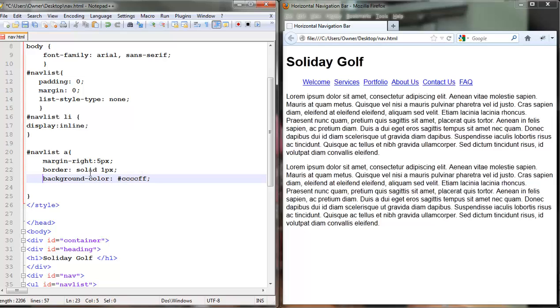Okay. And again, I'm just doing a border colon, and I'm using a shortcut here saying solid 1 pixel, so it puts a solid border around the whole anchor tag. And then also it's going to put a background color behind the anchor tag. So when I click on save here and I could reload,